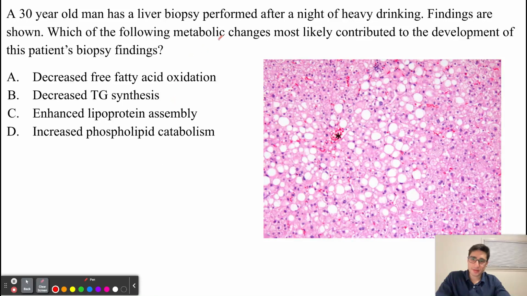A 30-year-old man has a liver biopsy performed after a night of heavy drinking. Findings are shown. Which of the following metabolic changes most likely contributed to the development of this patient's biopsy findings? Now, from this patient's biopsy, we can clearly see accumulation of fats in his liver cells, and this is going